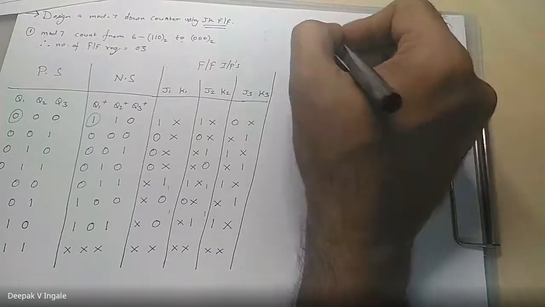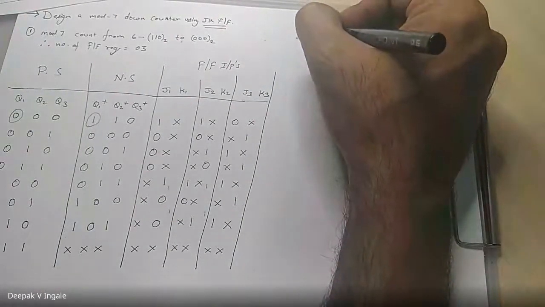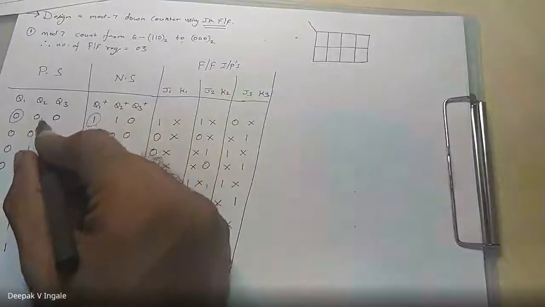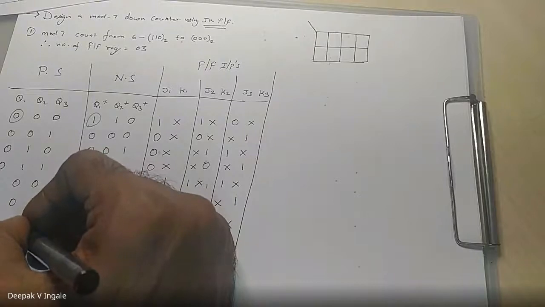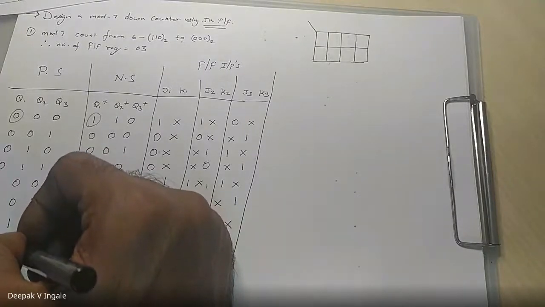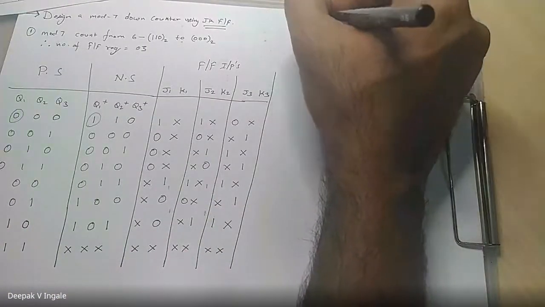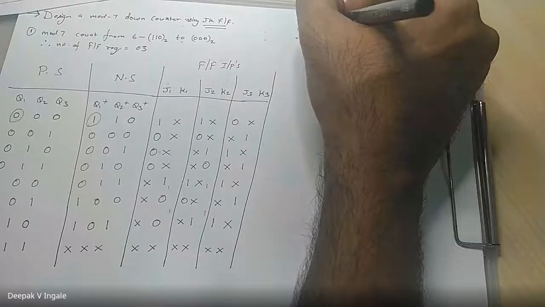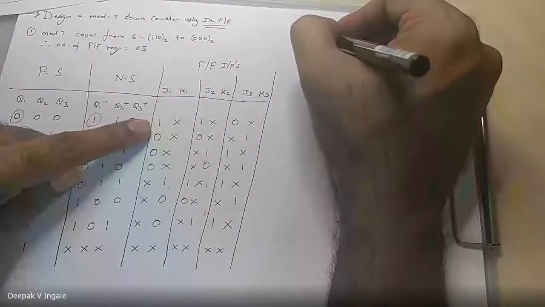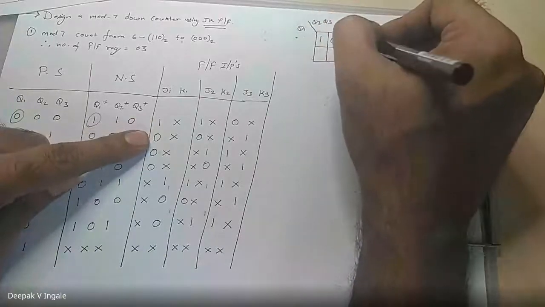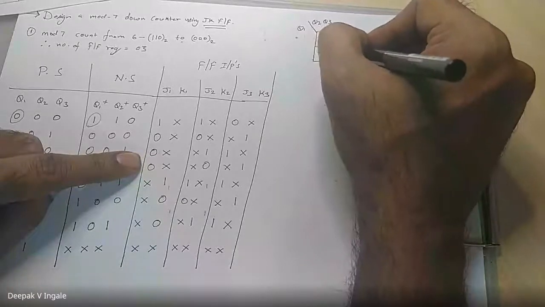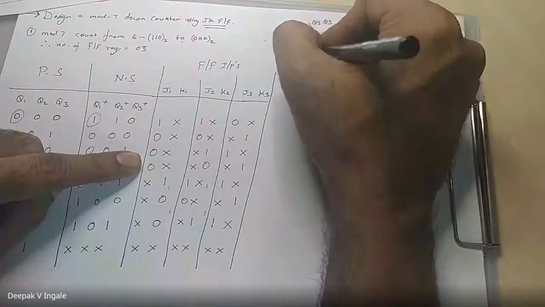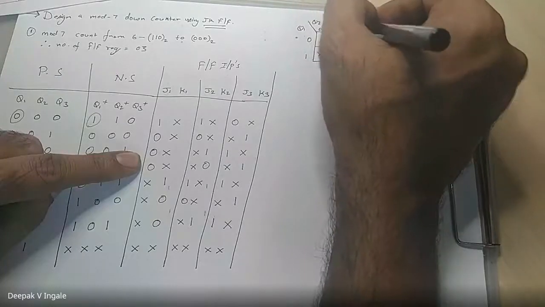Now look, this is where you will have an advantage. Earlier, I told you, you could have started with 6, 5, 4, 3, 2, 1, 0, and then 7. But writing the K-map, or filling the values in the K-map, would have become difficult for you. Now, directly I can write 1, 0, 0, 0, x, x, x, x. This is 0, 1, 0, 0, 0, 1, 1, 1, 1, 0.